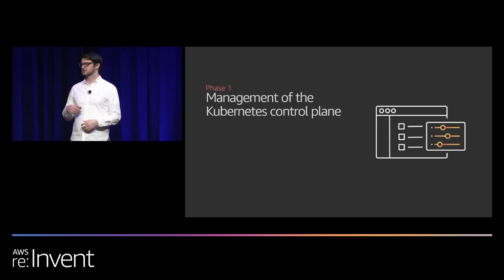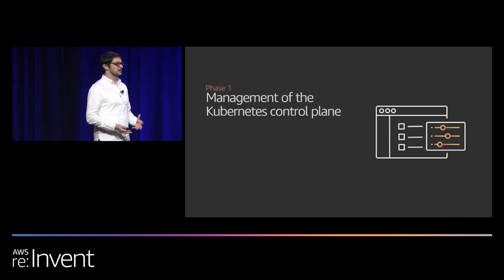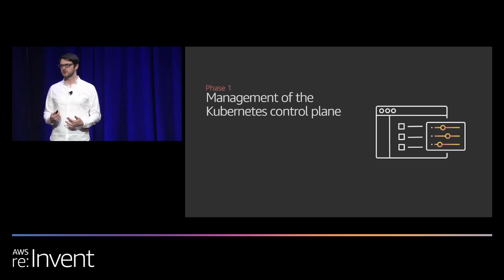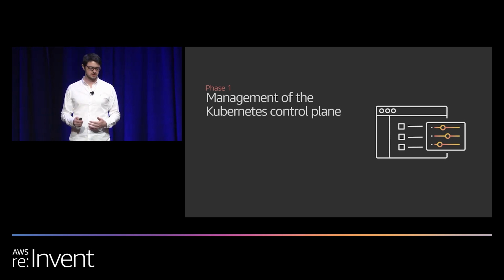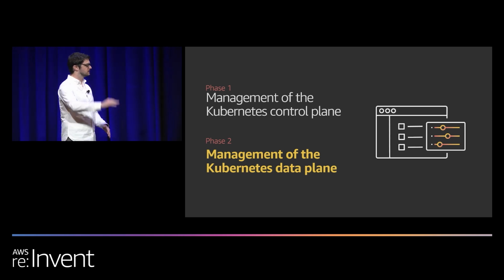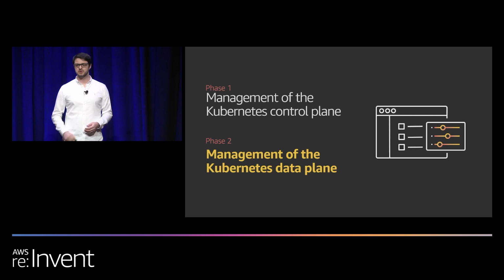Even with the managed control plane, there's a lot of work you have to do. You have to start virtual machines. You have to manage the lifecycle of virtual machines. You have to do many, many things to actually keep that cluster running, things that we could probably do for you and that customers have asked us to do for them. And so for us, a managed Kubernetes control plane was just the beginning. Phase 2 is removing the undifferentiated heavy lifting that you have to do to run all the compute resources for your cluster. We're doing that in 2 ways.